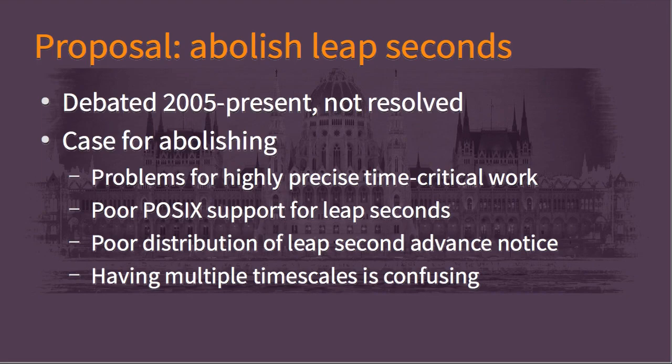So there has been a proposal to abolish leap seconds and have UTC turn into basically a cousin of TAI, with just seconds advancing and no allowance for solar behavior, solar observation. It's been debated from 2005 to the present, and it keeps on being a debate of the form: arguments traded back and forth, and a plan made that at some big international policymaking conference they're going to take a vote and make a decision about this, and that conference comes and they punt the question off for a few more years to the next conference.